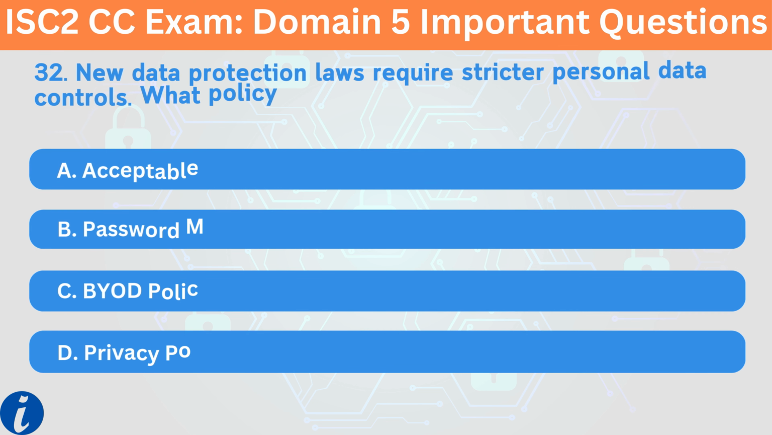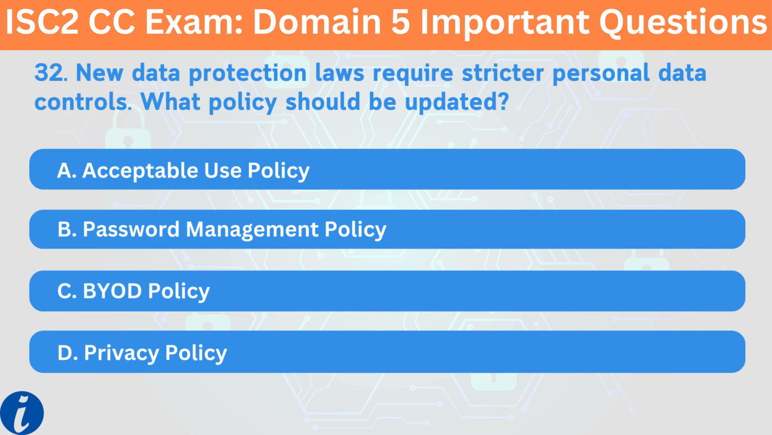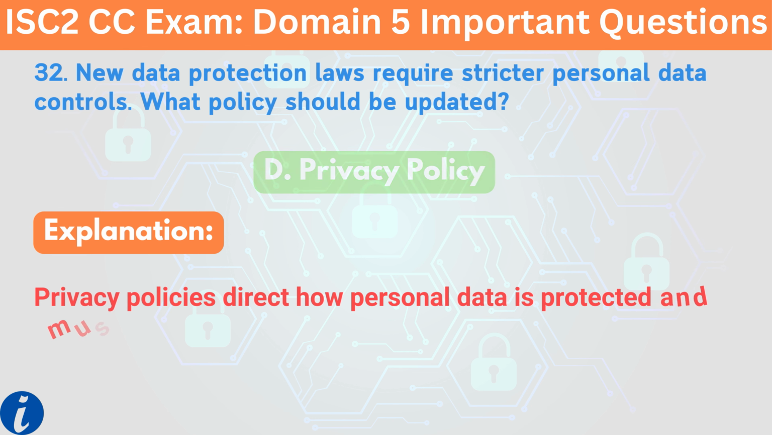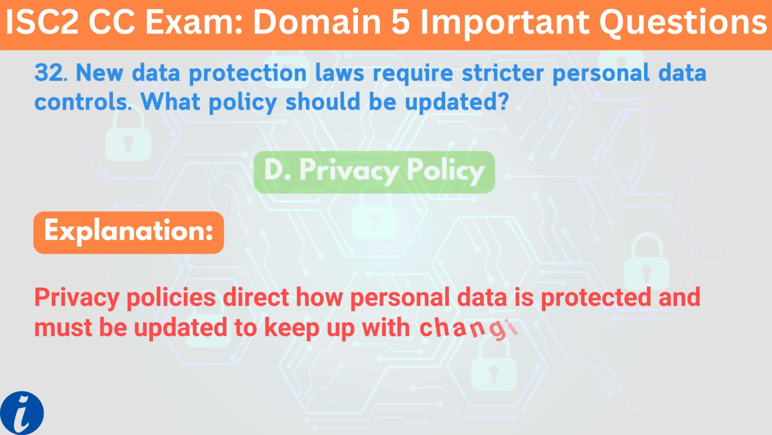32. New data protection laws require stricter personal data controls. What policy should be updated? A. Acceptable use policy. B. Password management policy. C. BYOD policy. D. Privacy policy. The correct answer is D. Privacy policy. Explanation. Privacy policies direct how personal data is protected and must be updated to keep up with changing